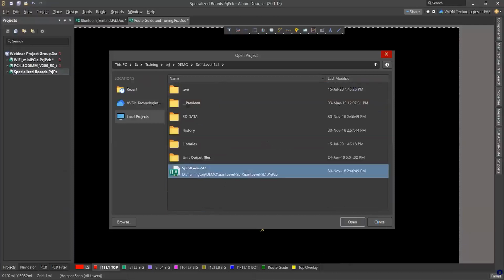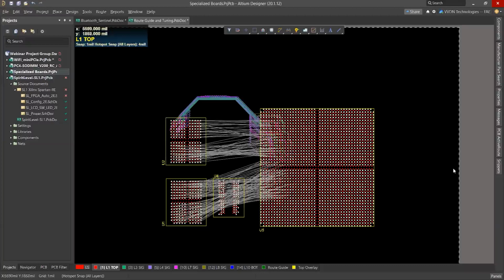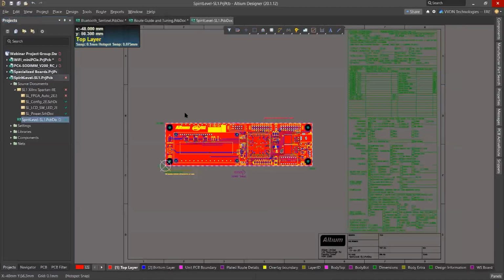Generally through the MCAD connector we can push and pull and do our changes. But right now SolidWorks is not installed in my system, so we can use this one. Here you can see this is a spirit level board, and we can import our mechanical data, a mechanical STEP file, for this.